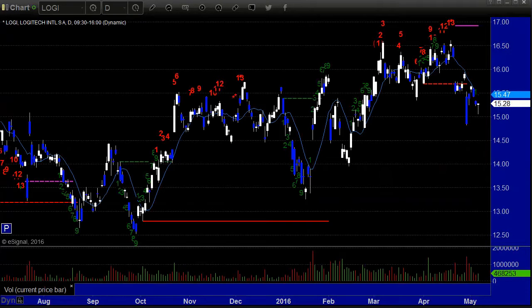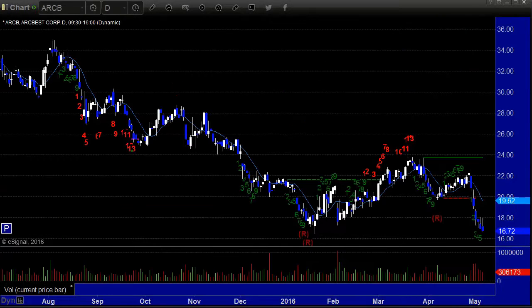Also, here's an example of a 13 sell signal on Logitech. You can see 2 days later it actually gaps down. The risk line is still there and it's solid. Why? Because we haven't yet hit the ultimate target, but of course you're in the money and you're making money and you'd be moving your stop or taking pieces of the trade off. So again, a profitable trade, the risk line is still there in that particular case,